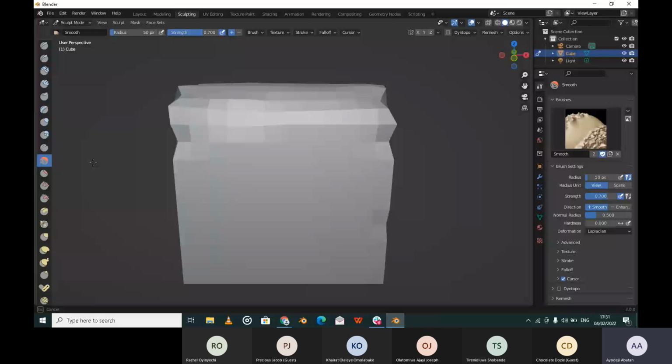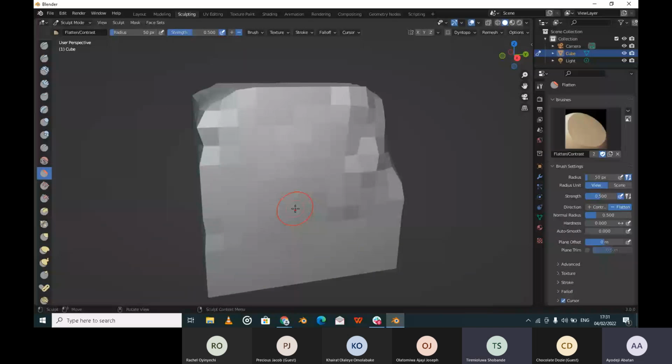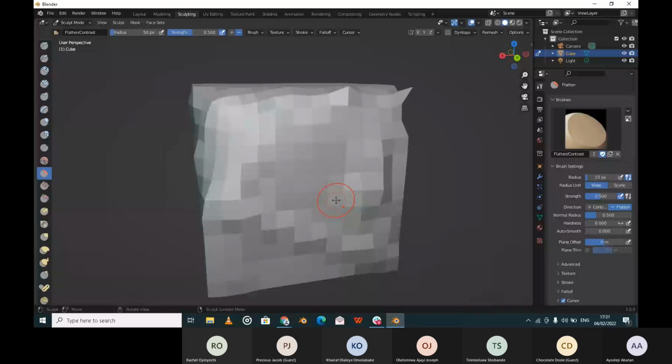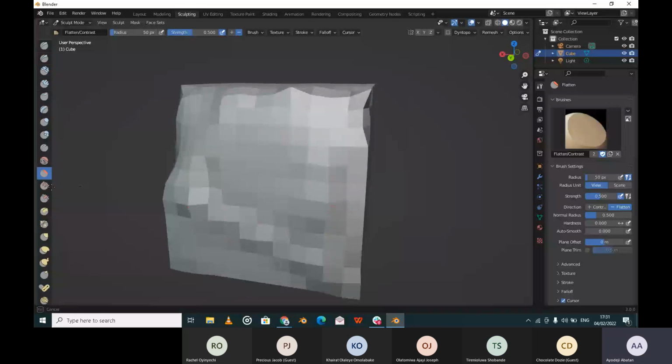So the next one will be the flatten brush. If you take the flatten brush on an inflated surface, it returns it back to its original size. But if you continue using it, it's going to keep going down. So it's a matter of precision. After that, we have